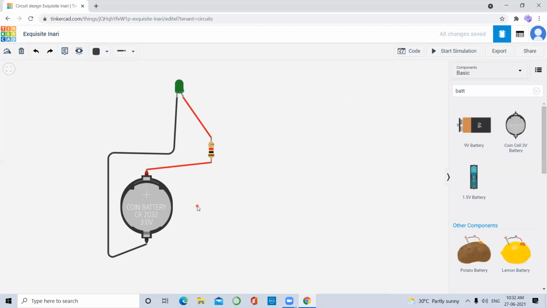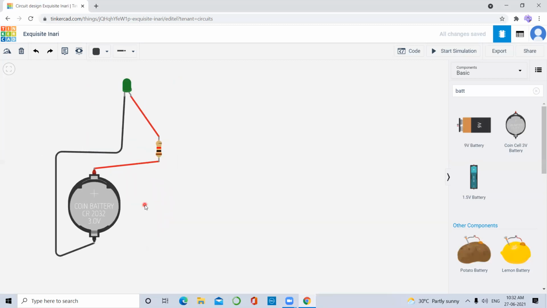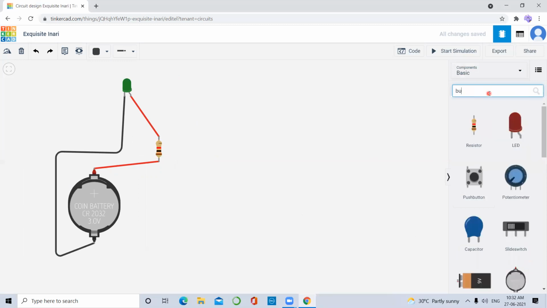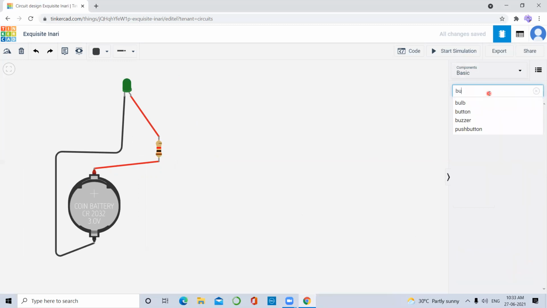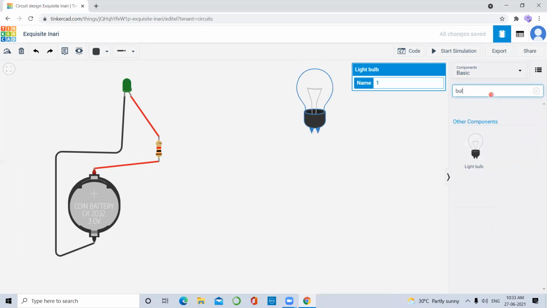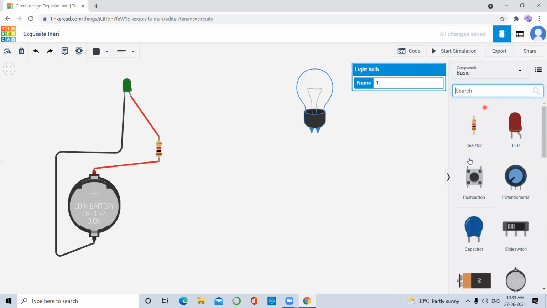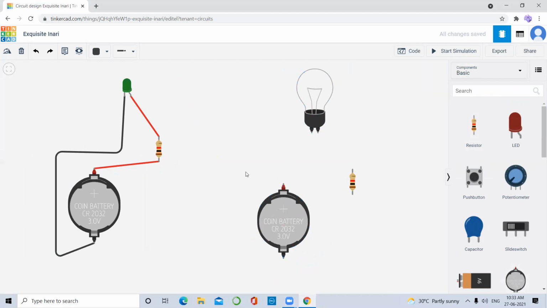Now we will do the same process with a bulb. The same thing will happen again, just instead of an LED, we will take a light bulb. Totally the same thing: resistor, one cell battery. But it depends on whether this battery works with the light bulb or not.